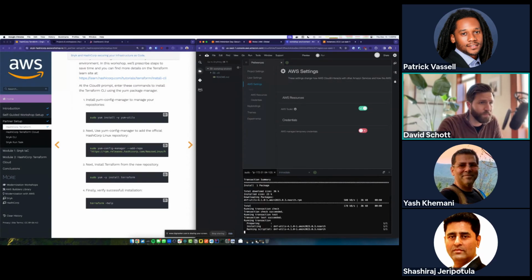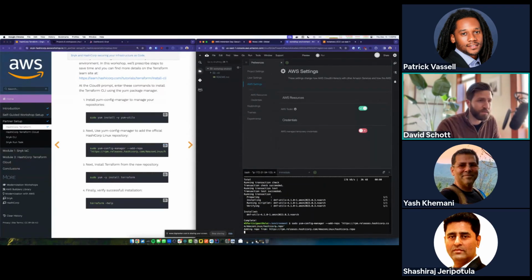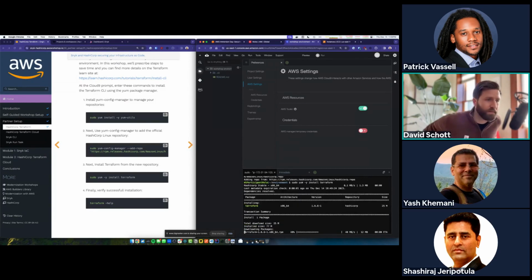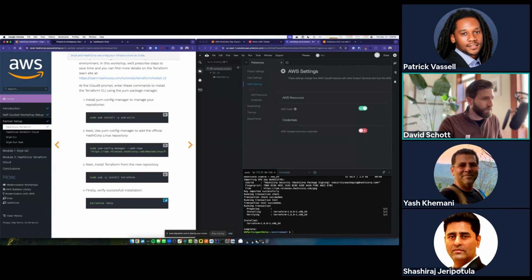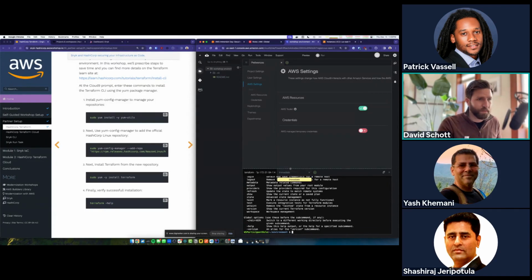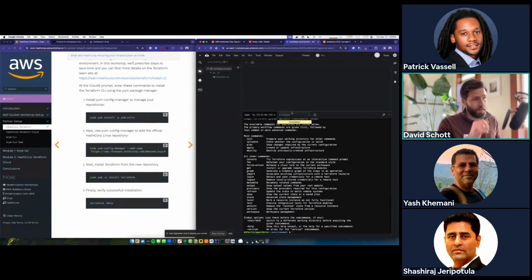We're going to use yum to download and install Terraform. I'm not going to explain these commands. Just go ahead and copy paste from the left side to the right side. And in the end, we should have the Terraform command line installed on our Cloud9 environment. So if you've done that and you get down to step 4, terraform help should work just like this, and your screen should look just like mine. All right, so we've got the Terraform CLI installed.